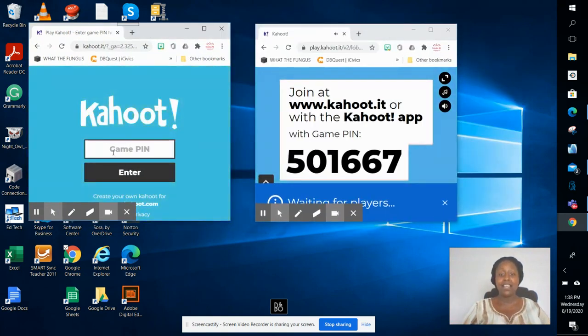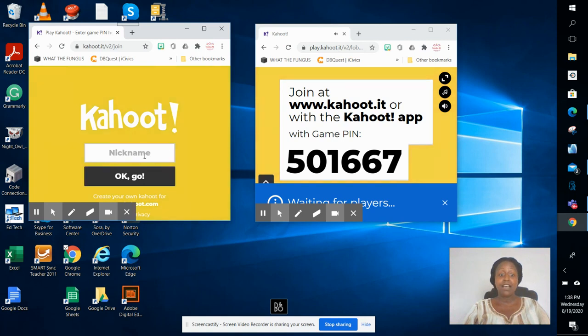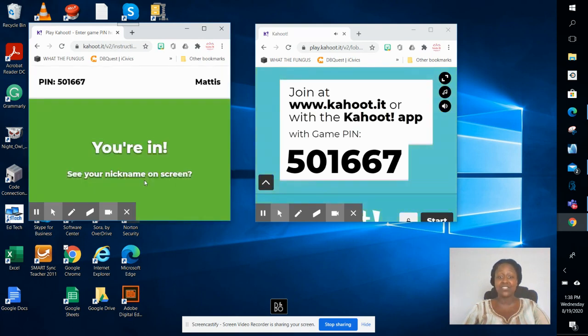And on this one, I will enter 501667, and I can push enter to enter, okay? So I just went to this top, pushed down on the button or on the mouse area and slid it over so it can become its own. Our nicknames, the kids just usually put their first name, no last names unless it's the last initial, and now